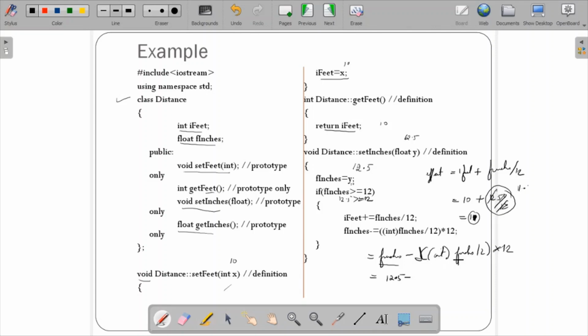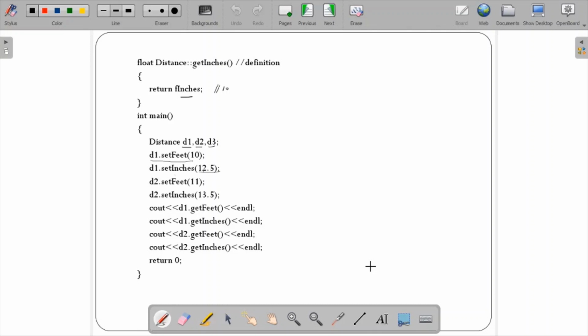What is the integer conversion of f_inches by 12? It is 12 by 12 into 12, so this cancels. 1 into 12 is 12. So the answer will be 12.5 minus 12, which would be 0.5. So you can see the new changed value. In case f_inches was greater than or equal to 12, then this would be the output. So what would happen here?